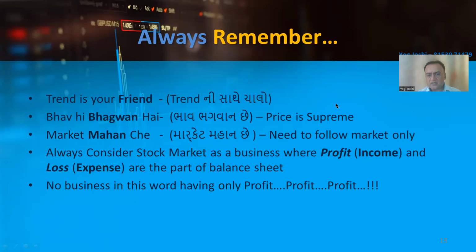And what is the golden line? What are you supposed to remember? I wrote this in a single color: trend is your friend. This is the golden line in the stock market. Second, if you follow the Dow theory, Charles Henry Dow, 120 years back, also wrote this: follow the price. Price discounts everything, the market discounts everything. You need to follow the market, not fight with the market.